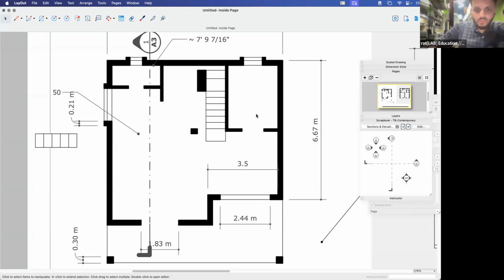For people who want to get deeper into this, the whole explanation of how Layout works with SketchUp, I wasn't able to cover the entire thing. There's a lot we can do in Layout. Technically, me being an architecture student, I've done my 8th, 9th, 10th semesters, all 3 semesters, entirely on SketchUp and Layout. It saved me a lot of time and convenience. It was an efficient way of doing the entire thing,